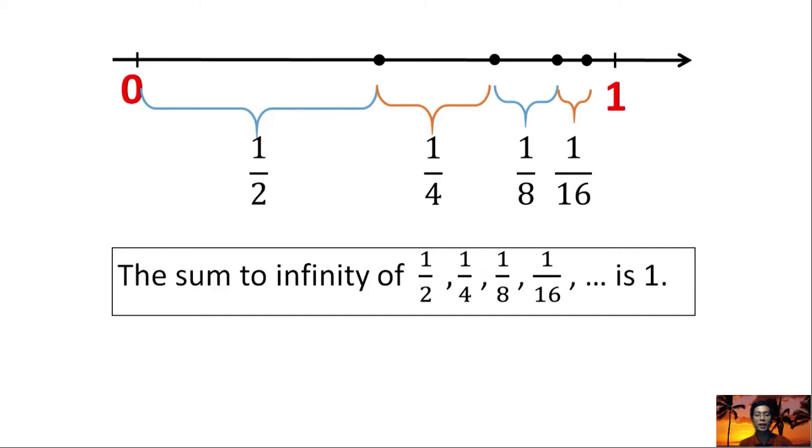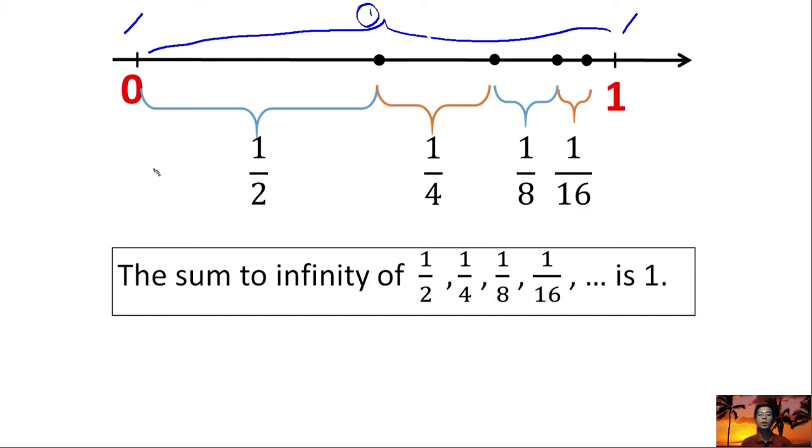Prove po natin gamit po ang number line. Ayan. So we have a number line. Ito po yung distance ni 0 to 1. So ito po si 0 sa number line, ito po si 1. So yung length po nung line segment na to from 0 to 1, of course, ano po yung kanyang haba? So yung haba po mula dito hanggang doon, of course, ang length po niyan ay 1,